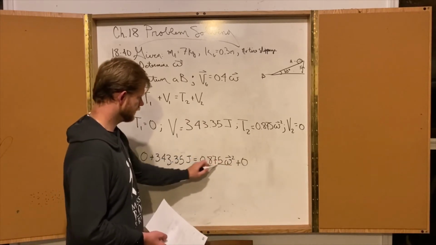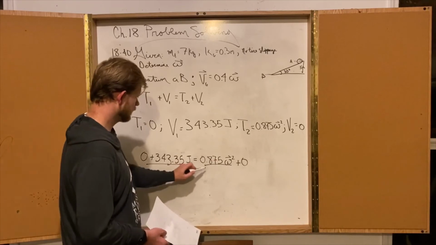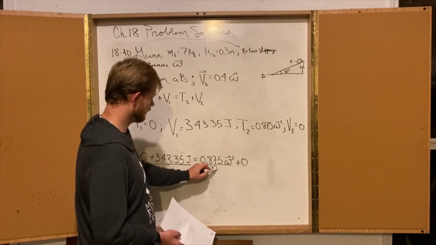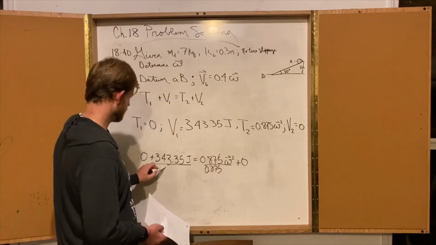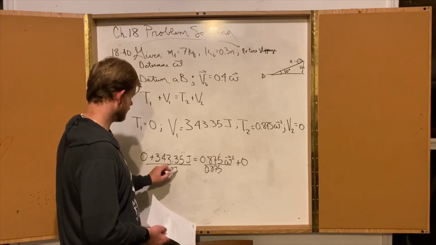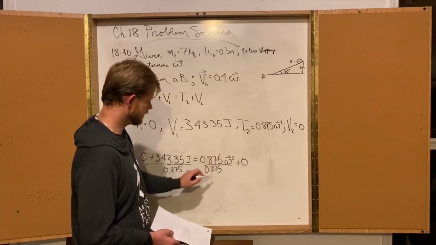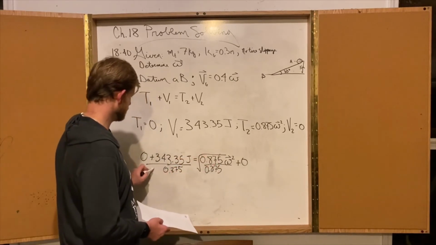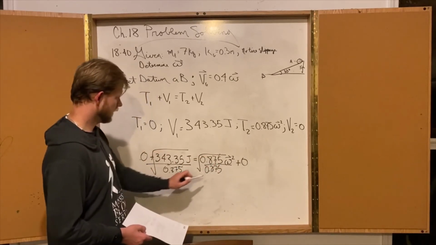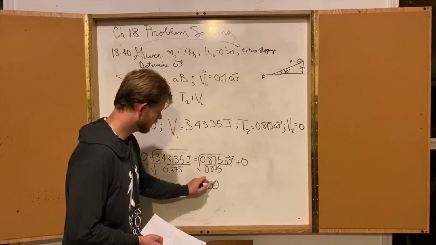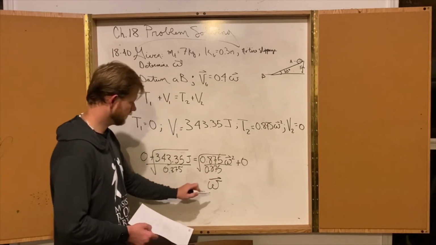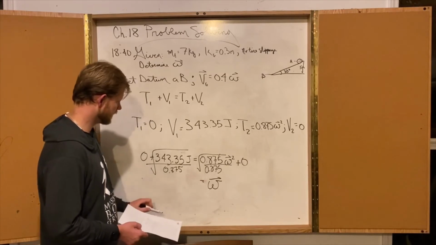To solve this, we divide both sides by 0.875, and then since this is squared, we take the square root, which equals omega. So the angular velocity equals